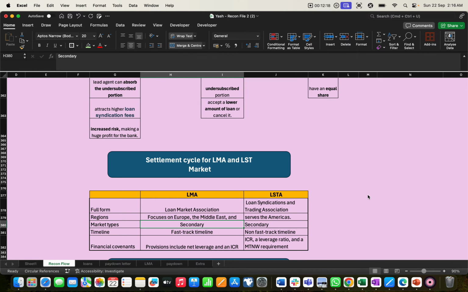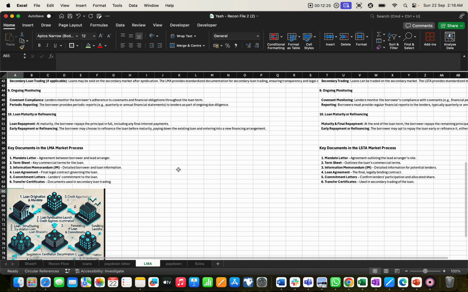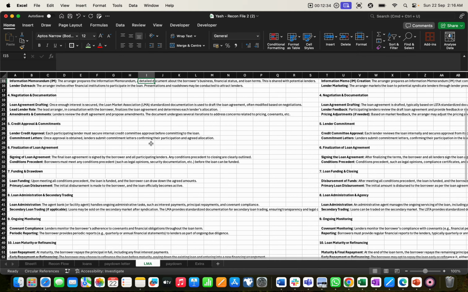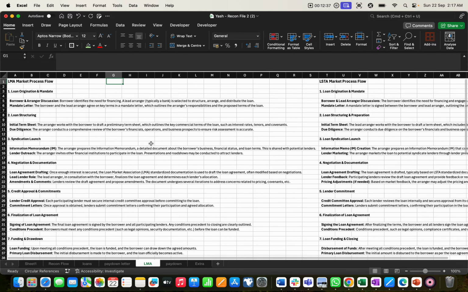I am telling you that for the fast track timeline, there are certain documents on this part, and I just want to show you. I will not go deep into this part, I just want to show you how the documents are required. So if you see the LMA market process flow, it's almost the same. I just elaborate here. If you see the screen, I have mentioned two: one is the A1 column for the LMA market and